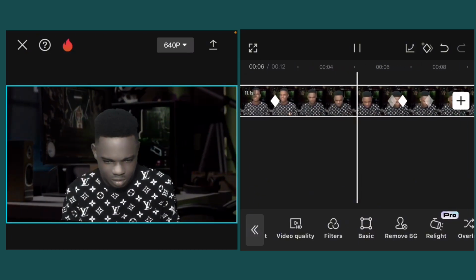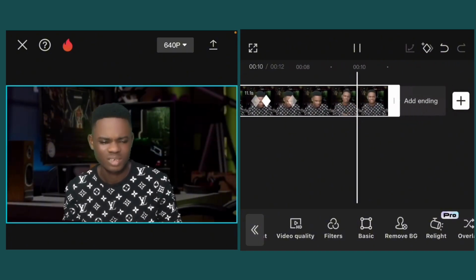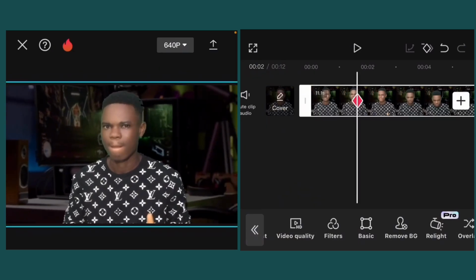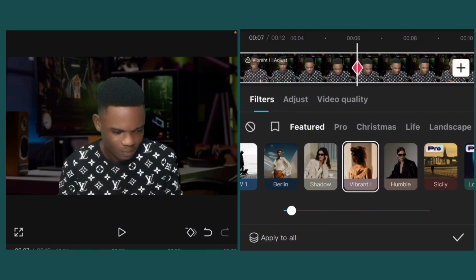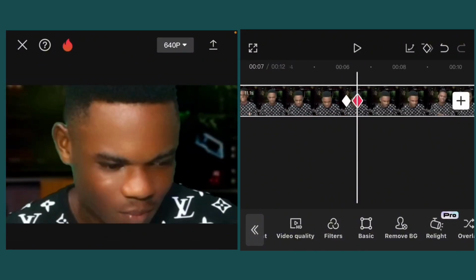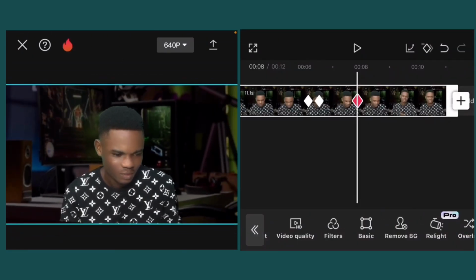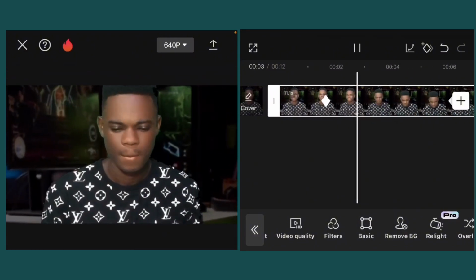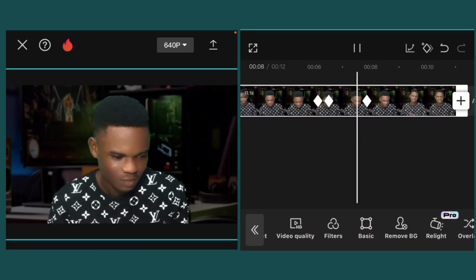Conclusion. Zoom in, filter change, maximum, zoom out,